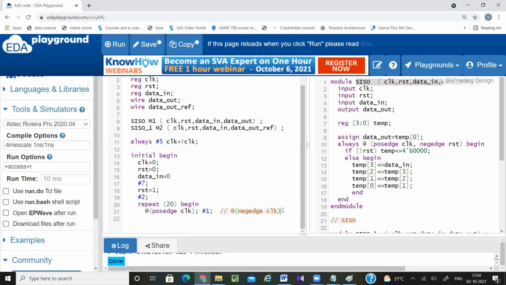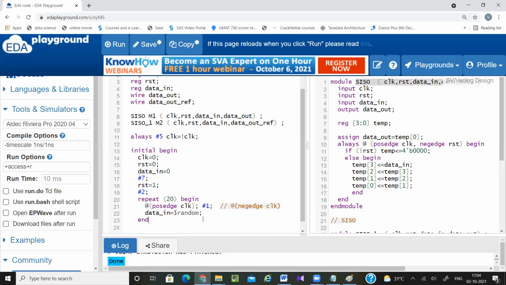So here always @posedge of clock, then #1 delay, then data in equal to $random, then end.